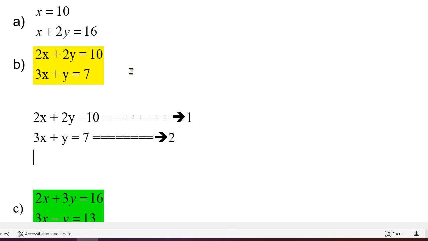So after looking at the equation, I'm going to multiply equation number 2 by 2 because I want to cancel variable y. In equation number 1, the variable y is 2y, with coefficient 2, and in equation number 2 I have only y with coefficient 1. So simply what can I do? I will write: multiply equation 2 by 2 and subtract